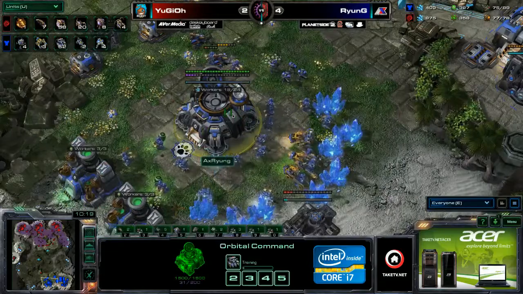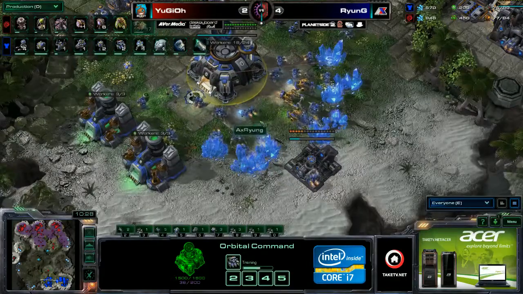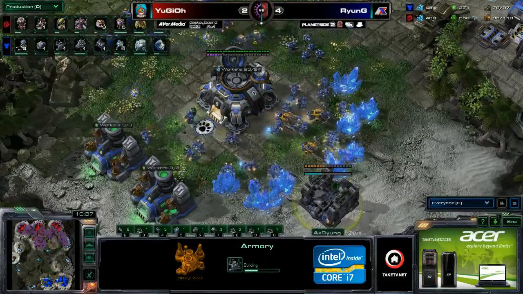There's not a lot of Marines or anything really up on the field for Ryung. This is the kind of time where Ryung needs to strongly consider getting some static defense. He's only building 1 Marine at a time. He's also building Widow Mines, which again is fine if your opponent makes a mistake. And if we've seen anything, Yu-Gi-Oh! Doesn't make mistakes against Widow Mines, so...